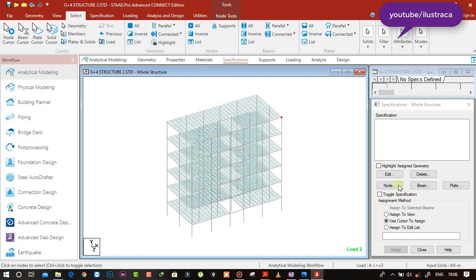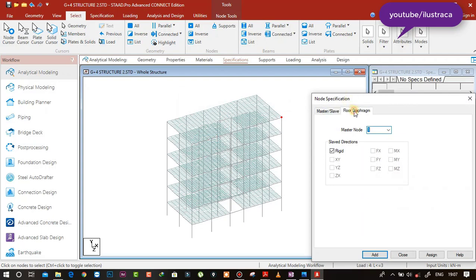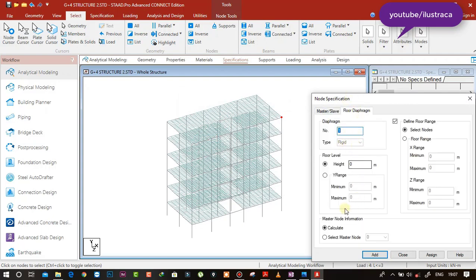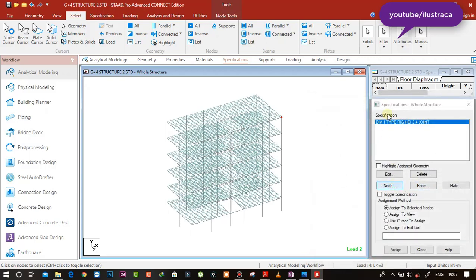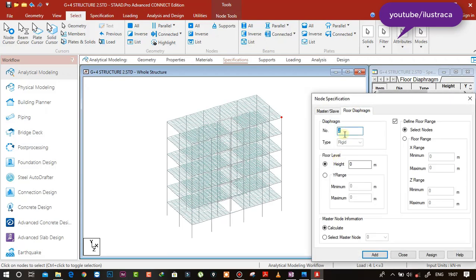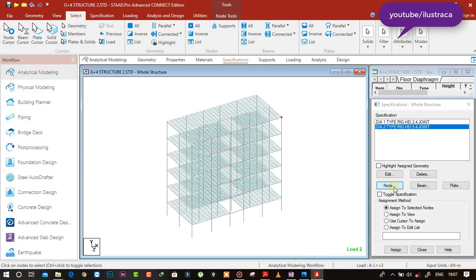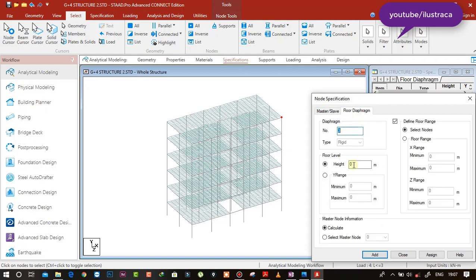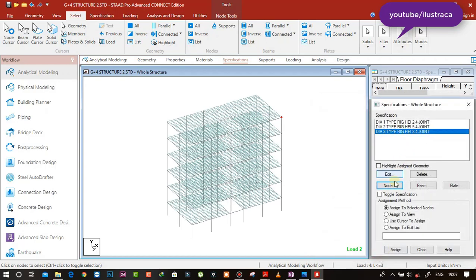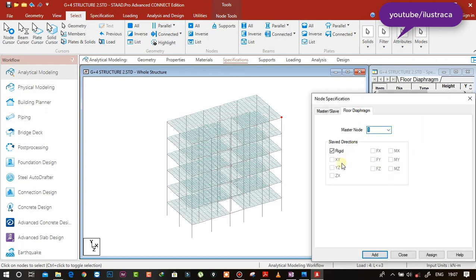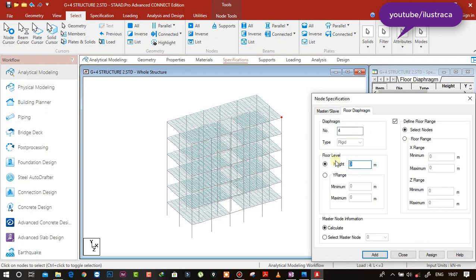Go to nodes and go to floor diaphragm, and you can see the type is rigid, and just give the height. First one is 2.4, then add again node floor diaphragm. The second one is 5.4, add, then again node floor diaphragm, and the next is 8.4, add. Again you need to repeat this process for all the floors. So 11.4,